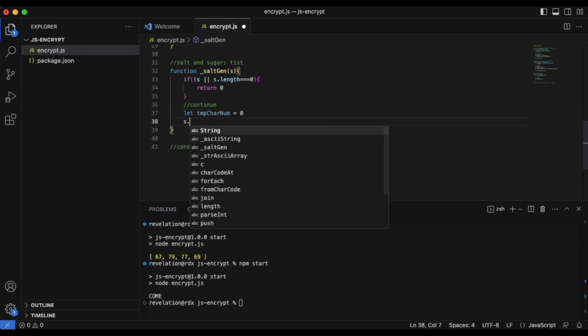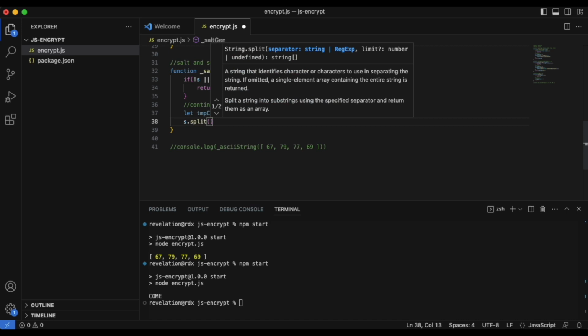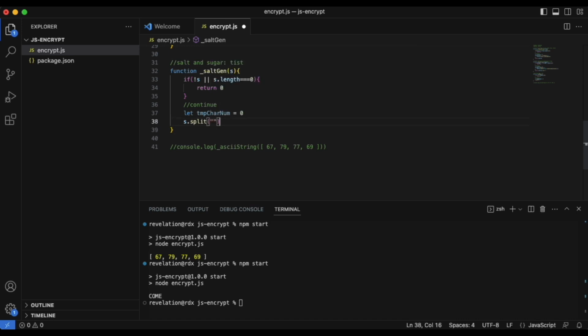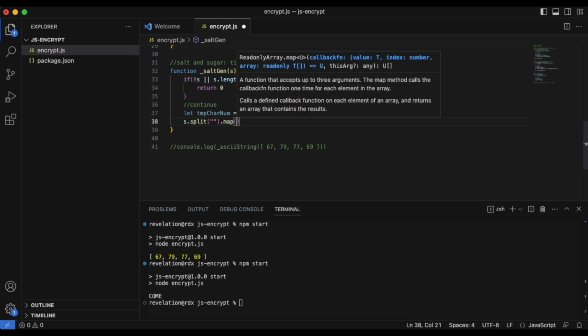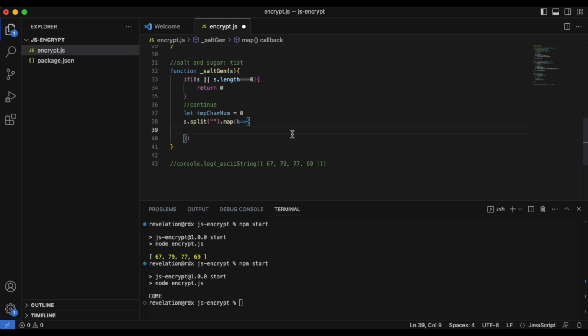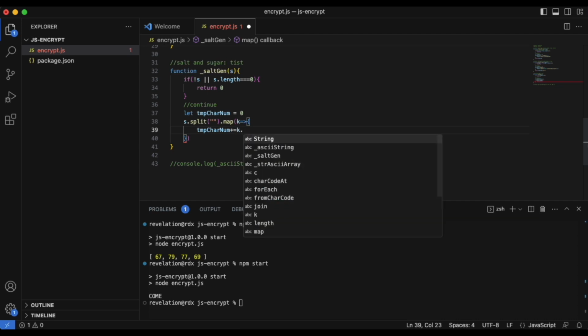So I have to split this. I just need to split. So to get hold of it, let me map it, and I can use S. I already have a global variable representing X. I can say K. Okay, this way, and we have a single character already. Then I can say my temp character number plus 0 equals,